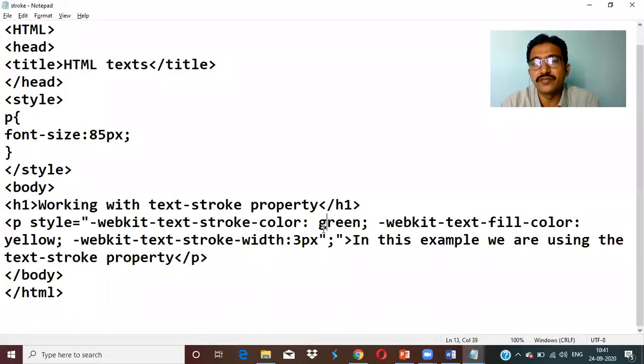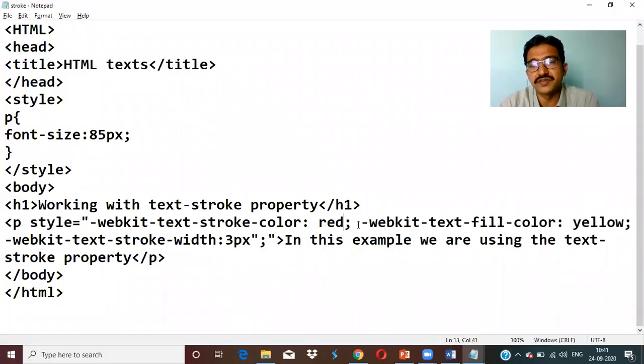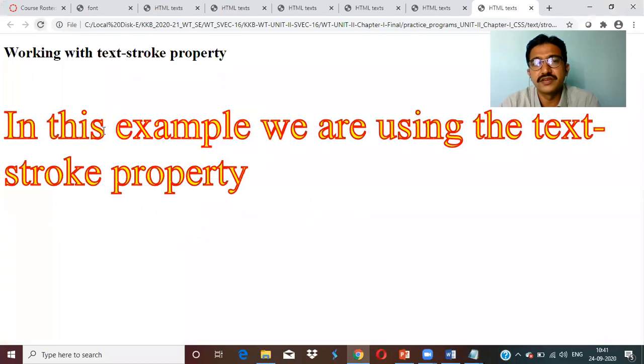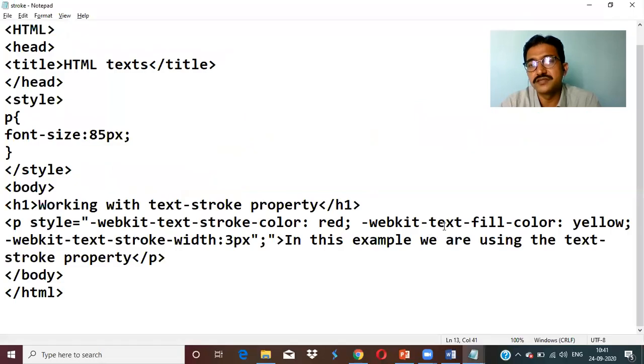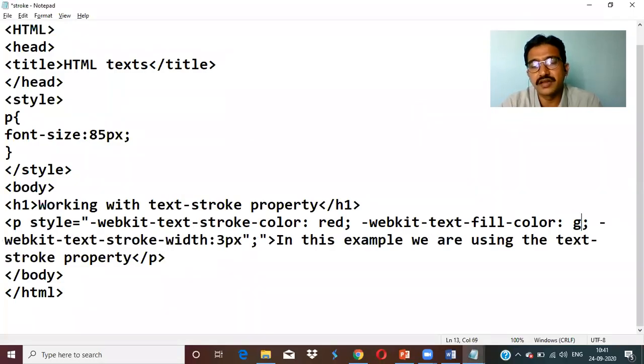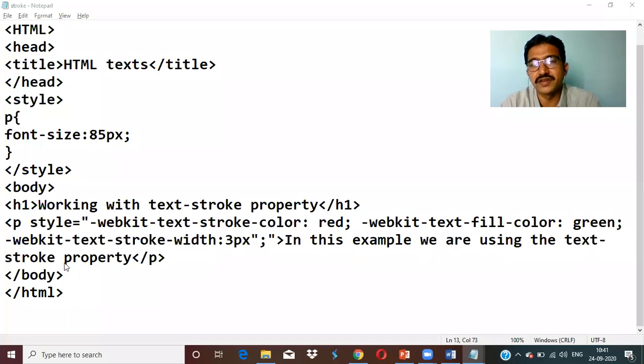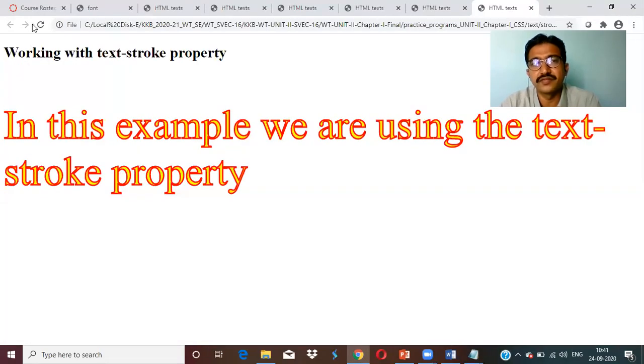So if you want to change, like if you want the stroke to be red, you can use red as well. Just refresh. See the red. Inside it's yellow. Outside it is red. If you want to change yellow to any other, like green, you can use green as well. Just save and refresh. See, it is filled with green.